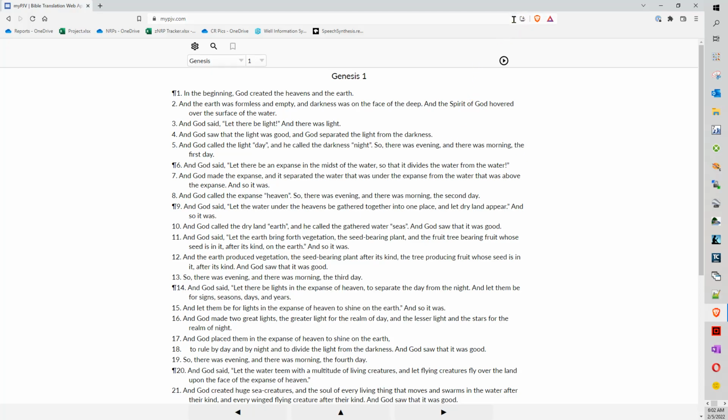Up here in the browser, in the address bar, you'll see this little icon, a little monitor with a down arrow, and when you hover over it, it comes up with the message, install myPJV Bible app. Simply click on this, and in a few moments this little screen will appear. Install app, myPJV Bible app. Simply click on install,